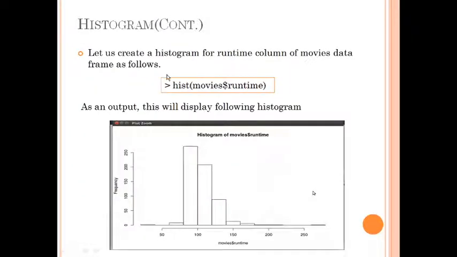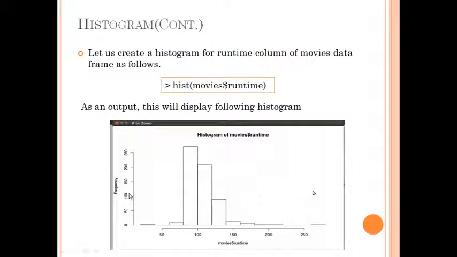So if we see here, we are using the hist function to create a histogram, and the data frame which we are using is the movies data frame, and in that movies data frame, runtime is the column on which we want to create a histogram. Now as an output you can see here, this is a histogram of the runtime variable.